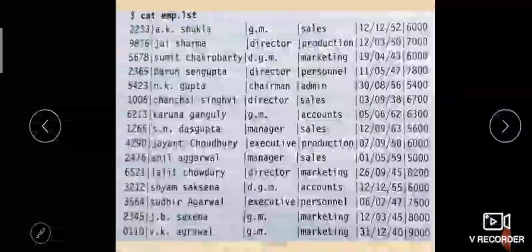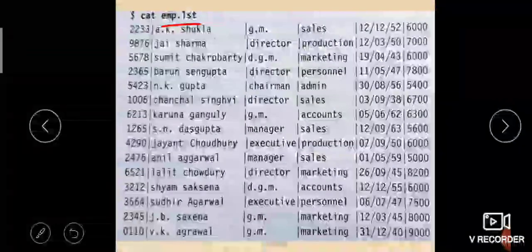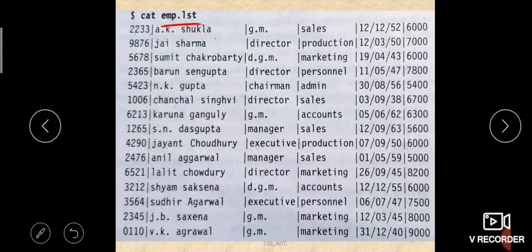So here in Sumita Arora's textbook, this emp.lst is a file given, and the data stored in this emp.lst will be used for checking the values. So just look at this file. This file, which has multiple fields, will be used from now on for the discussion of many of the commands. Their outputs will be based on this file. We will be using this emp.lst file for many of our operations in the future.